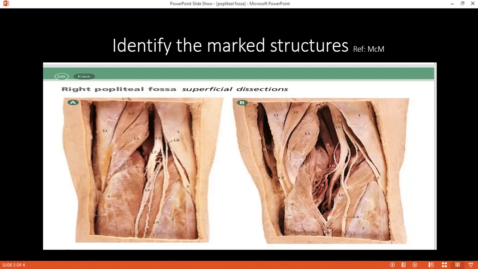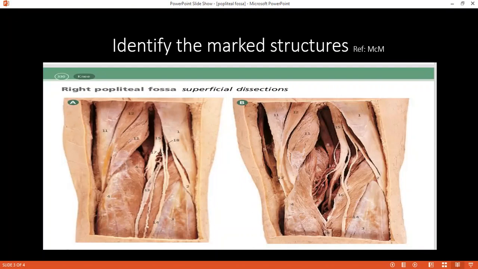Good. Okay, can you please tell me from superficial to deep, what is the deepest structure found in the popliteal fossa? The popliteal artery lies deepest in the popliteal fossa. Okay, good. If you're asked to feel the pulses of the popliteal fossa, how would you do it? What is the right technique of feeling the pulse? Ma'am, we will ask the patient to flex his knee at 30 degrees and we will feel for the popliteal pulse in the lower half of the popliteal fossa on both the sides